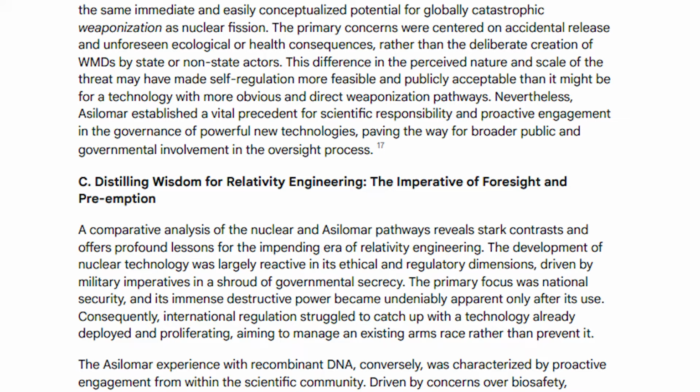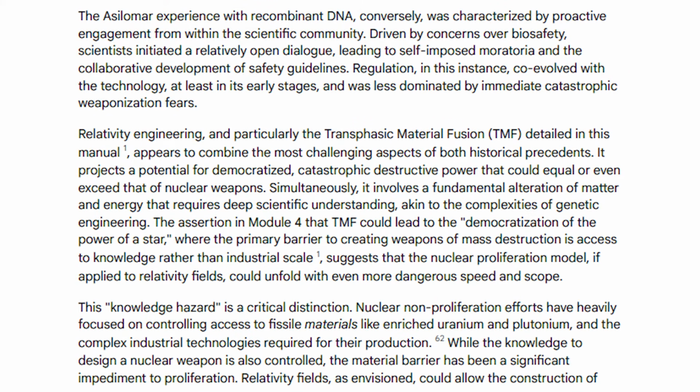Consequently, international regulations struggled to catch up with a technology already deployed and proliferating, aiming to manage an existing arms race rather than prevent it. The Asilomar experience with recombinant DNA, conversely, was characterized by proactive engagement from within the scientific community. Driven by concerns over biosafety, scientists initiated a relatively open dialogue, leading to self-imposed moratoria and the collaborative development of safety guidelines. Regulation, in this instance, co-evolved with the technology, at least in its early stages,